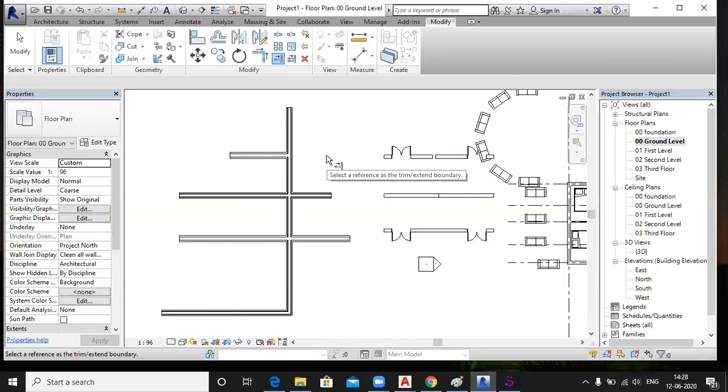right? Again, activate this command. Select the first wall which you don't want to delete, like this one, right? And click on another wall, the part which you want to keep, like this.